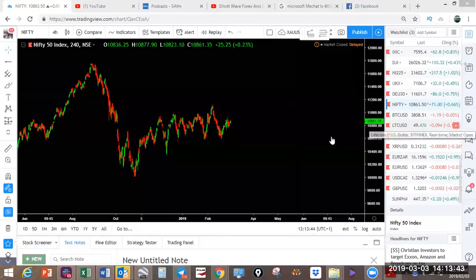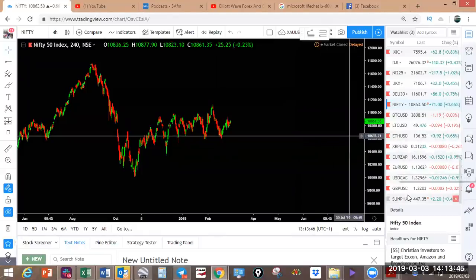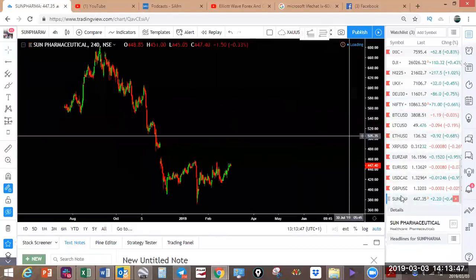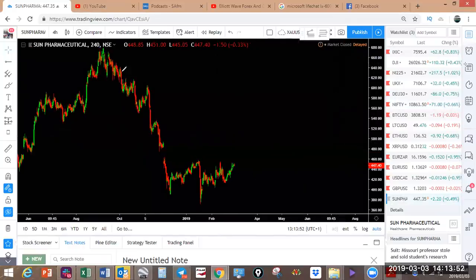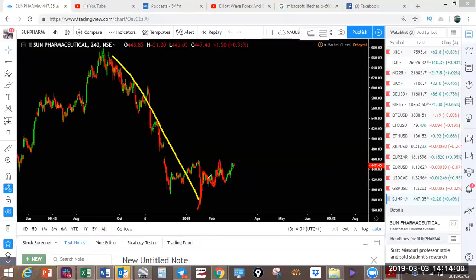So that is the Nifty, and for my Indian traders that I like to check the structure for, there is the Sun Pharmaceutical. We've got now this move here. Last week we were having this pullback here that looked corrective. So this is like a 3-wave move here. So what you could be getting here is another structure like this. So let's see how that plays out. So you could be getting something like this, another 3-wave move here, making this a WXY structure,